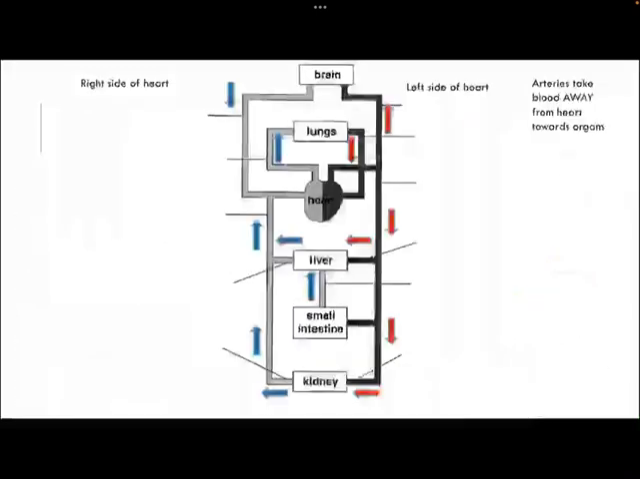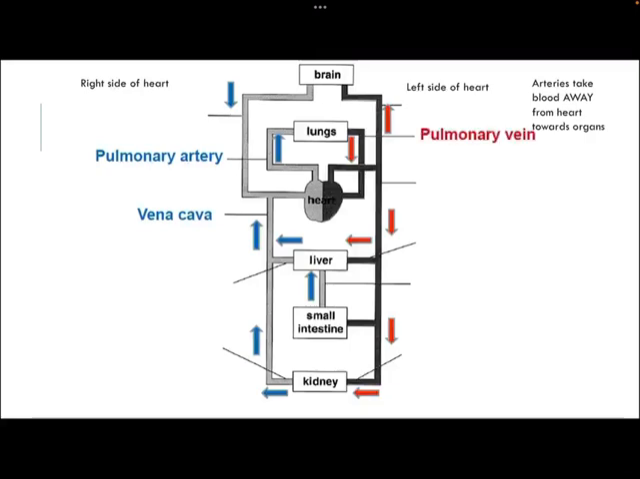So as I've mentioned, arteries always take blood away from the heart towards the organs. You need to be able to label a diagram similar to this and know a number of other veins and arteries. So again, you identify the left and the right side of the heart. As we've already mentioned, our vena cava bringing the blood back to the heart, the pulmonary artery going from the right side to the lungs, the pulmonary vein returning to the left side of the heart, oxygenated,